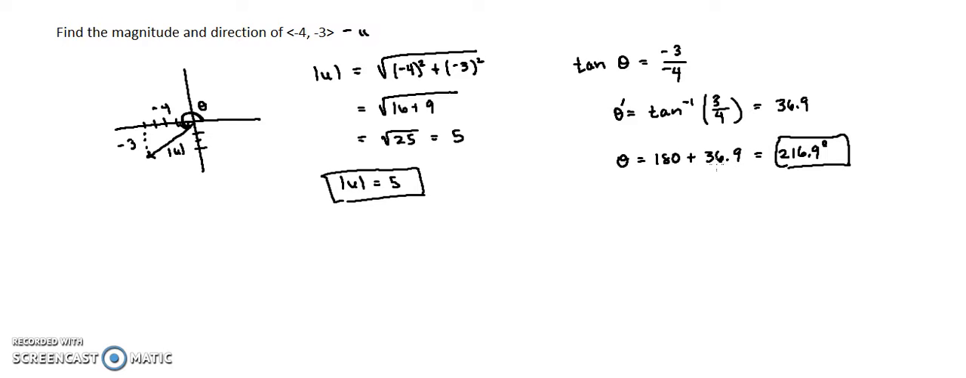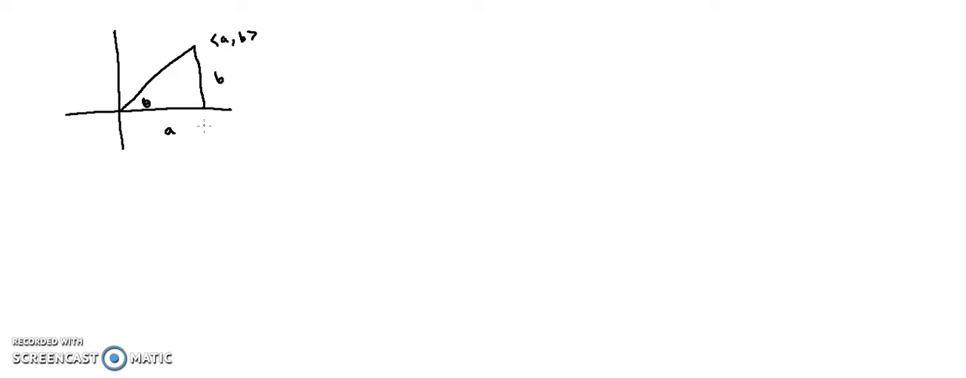Okay, let's try another one. Actually, before we try another one, let's look at this again. Back to the original. Okay, so here's our AB. Here's our theta. Alright, now, if we look at this, this is A, this is B. Alright, if we look at this from the standpoint of the horizontal and vertical components,